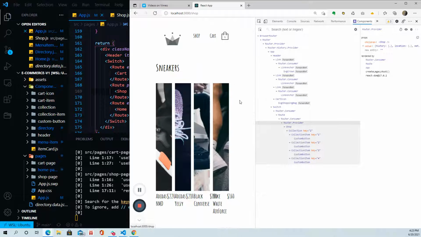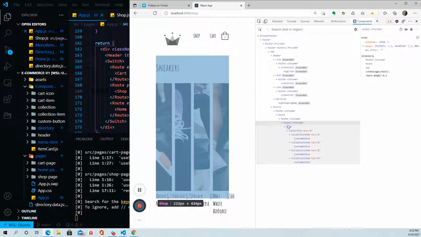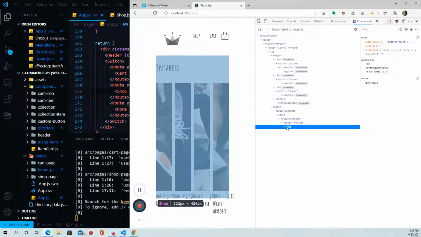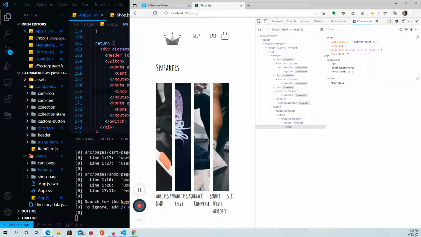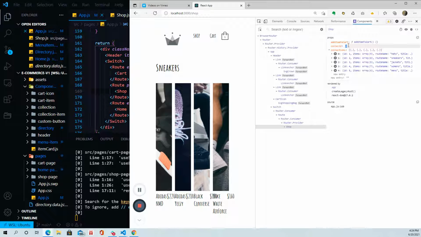If we go to shop, I can see right now it has sneakers selected. Okay, I see my shop, and I can see all the props that I'm passing down to shop right here. I got a collection, and this collection ID was 2. So my shop component,